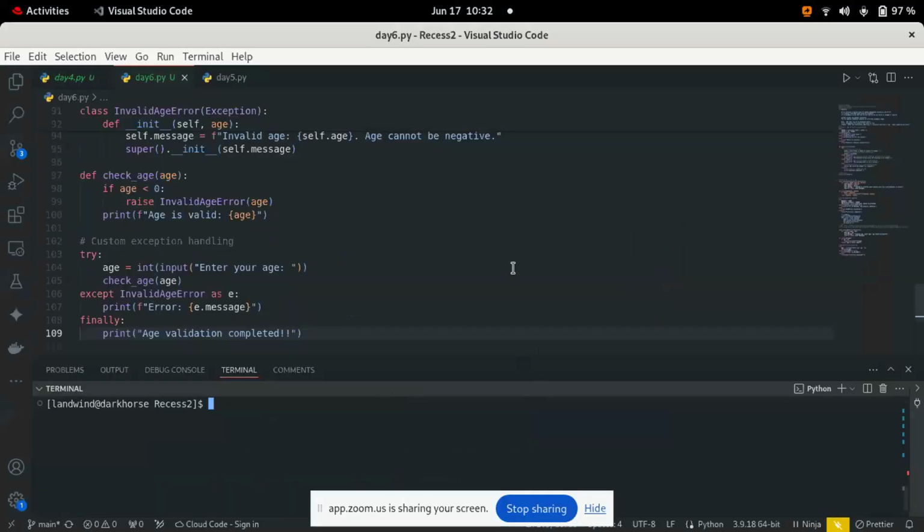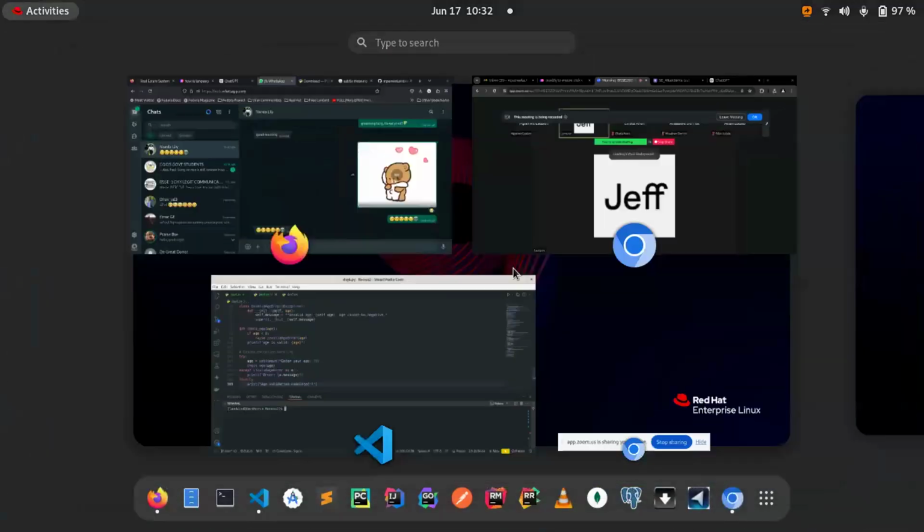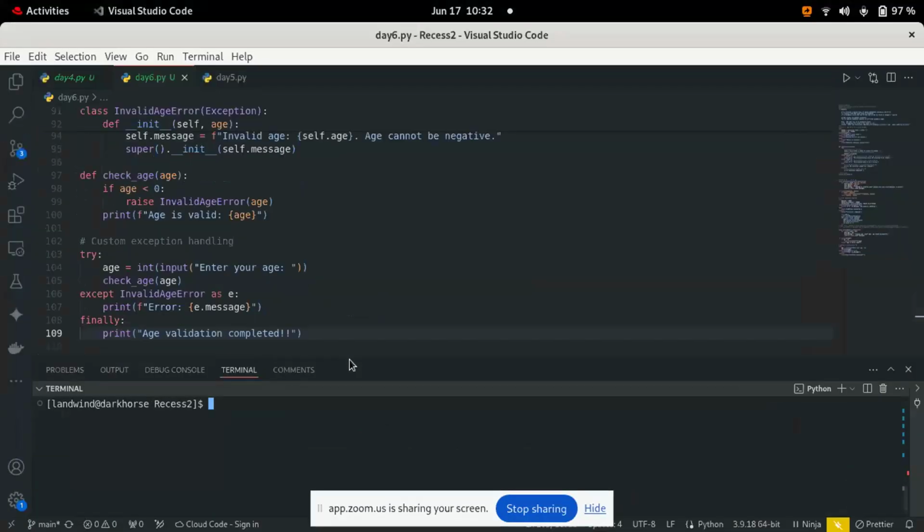Hope my screen is visible. Sure. From my screen, I've created a class of custom exception, which is invalid age error, taking in the argument of the exception.